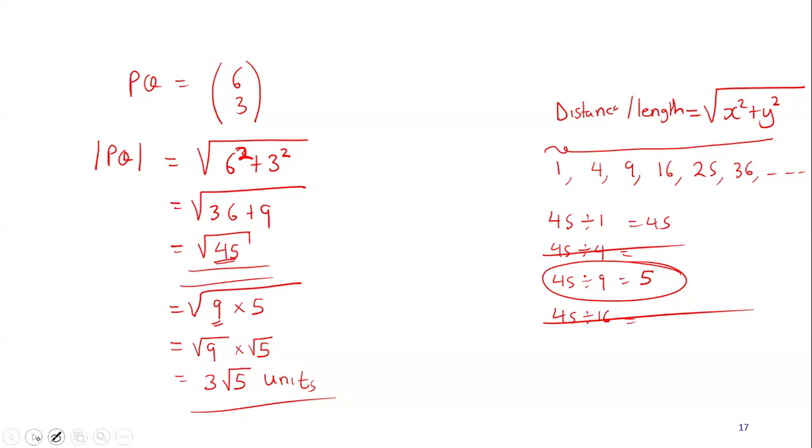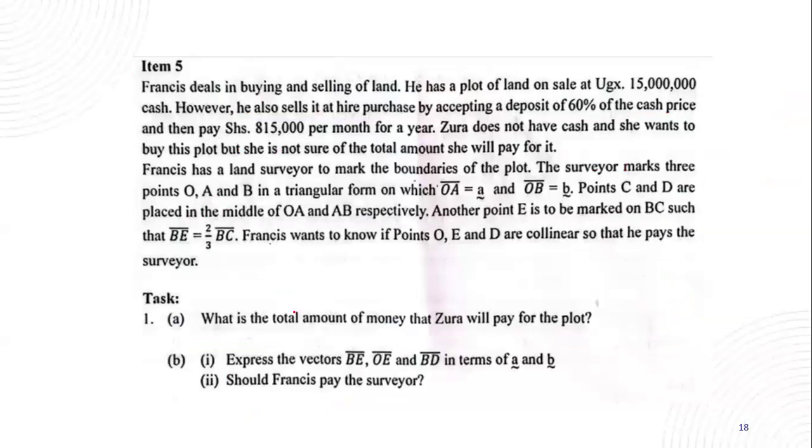Now we continue to the next part. This is a scenario. Now you have noticed, number one, these scenarios they give you, they can combine different topics. And this scenario was the scenario in Wakissha. This was the number in Wakissha. So you notice that they combined business math and they combined it with the vectors. The first part of the question was involving business math. The second part was completely vectors.